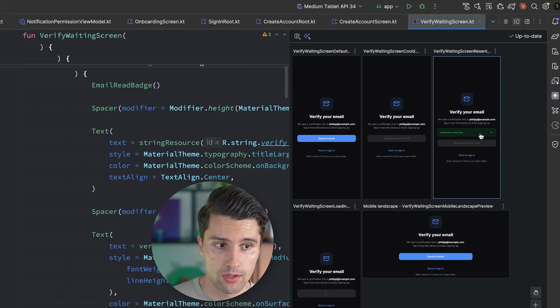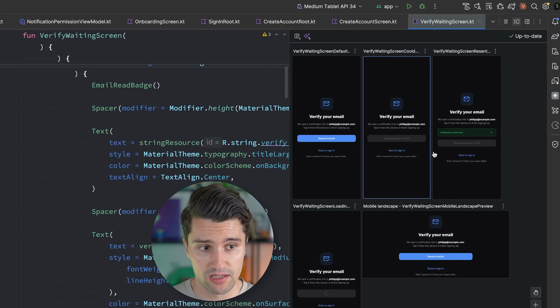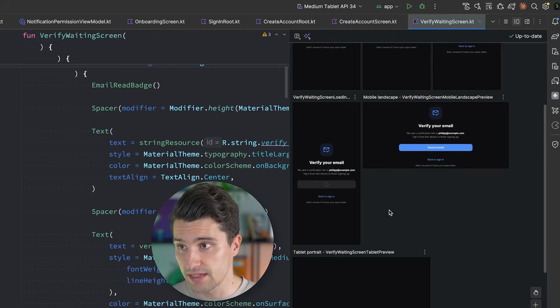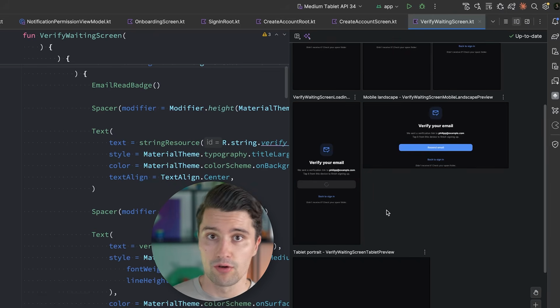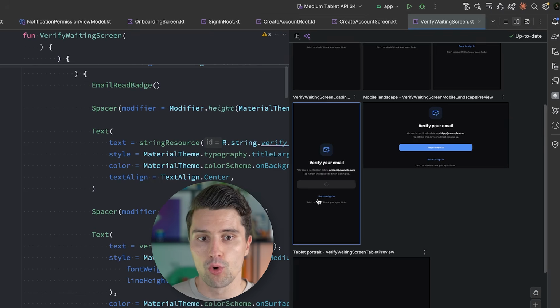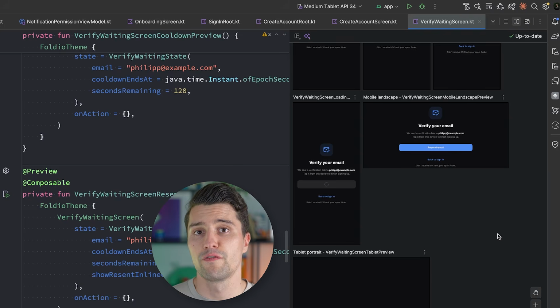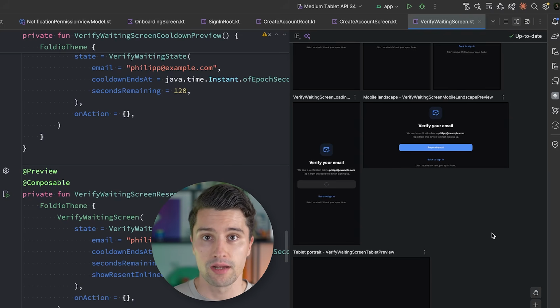when there is maybe a callout shown, when we've hit our resend email button and there is a cooldown being shown, when we're loading something, when there is an empty state, when data has been loaded, when there is some kind of error that has happened. All these states you want the agent to include here in previews after all. And then it will be much faster for you to actually check what the agent has done and what requires